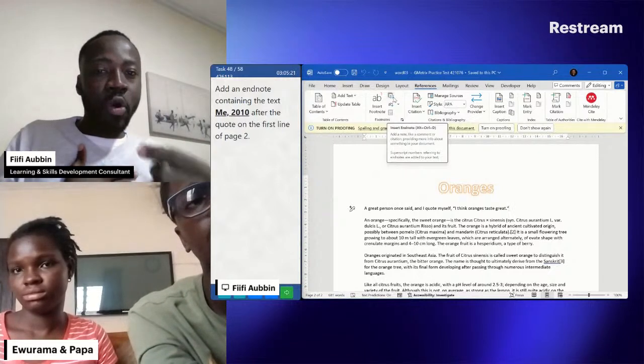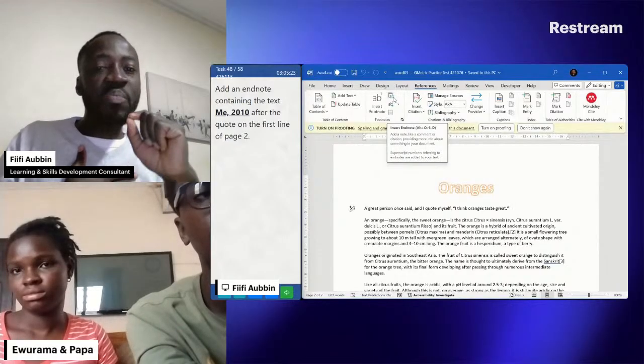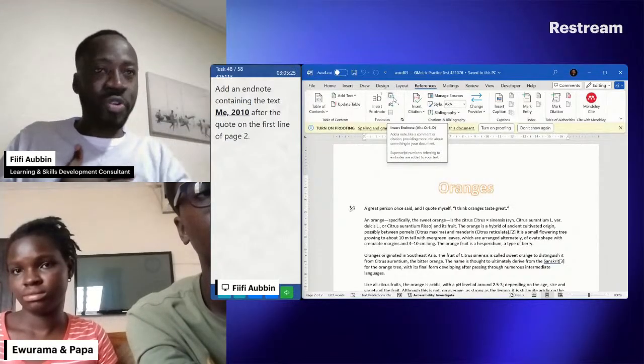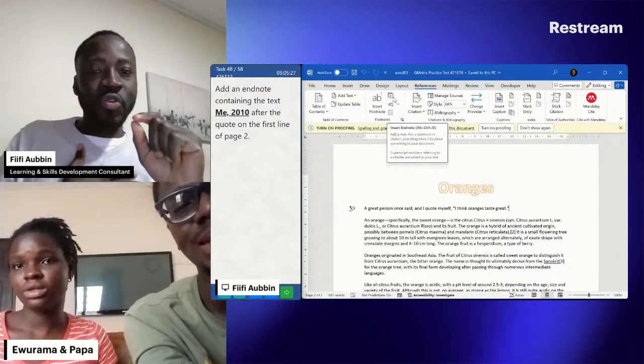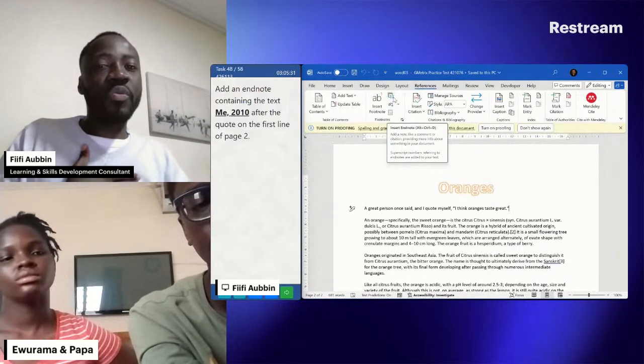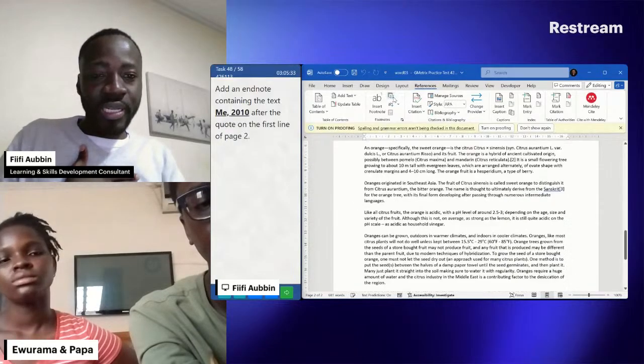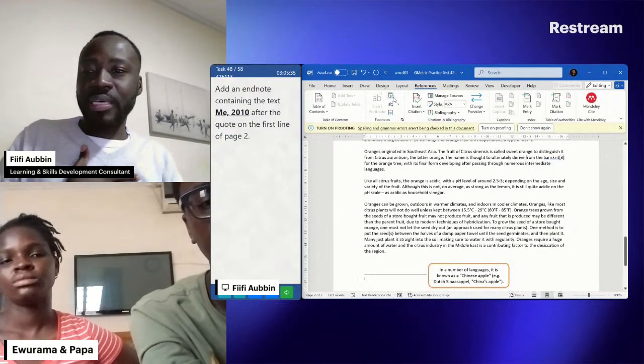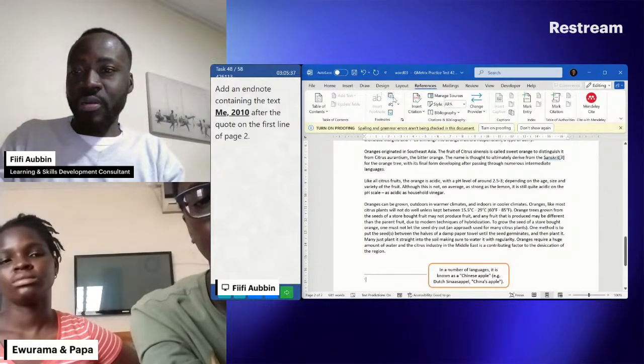Add a note like a comment or citation, providing more information about something in your document. So superscript numbers referring to endnotes are added to your text. Once I hit on it, now I can add it. So my endnote is what? Me